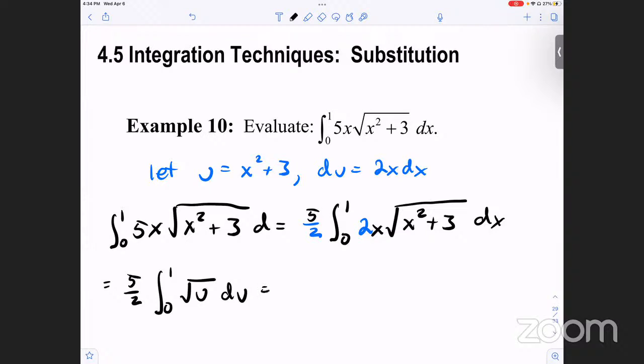Great. So u to the 1/2 becomes u to the 3 halves. So now we got the 5 half persists. It's going to be u to the 3 halves over 3 halves. So we don't forget it. But then we need to substitute back, right? So our u was x squared plus 3. Apply. So this is going to be what, 5/3